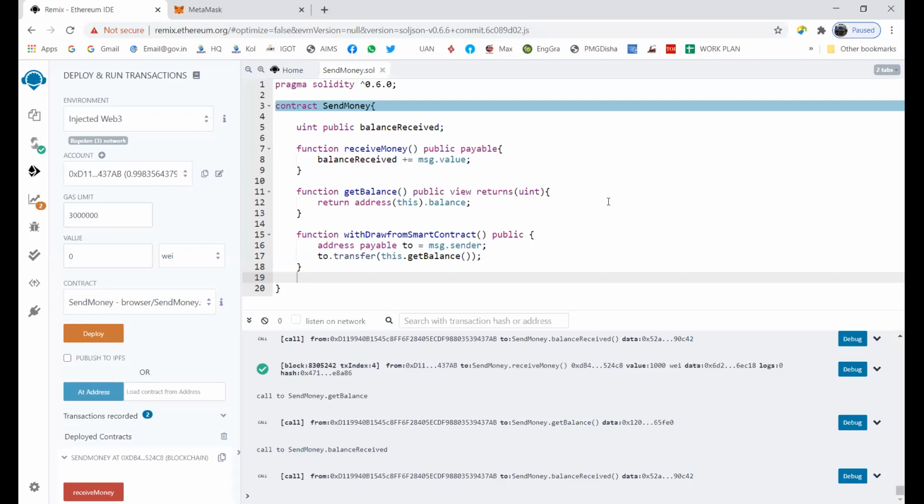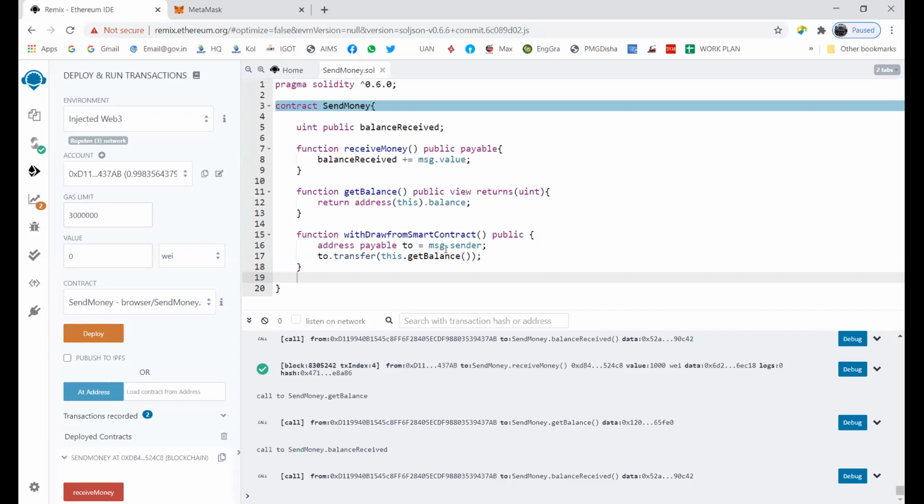So we are in Remix again. This is my previous code. I have updated the same smart contract and I have typed the method for withdrawal. I've given it the name withdraw from smart contract to be specific. I've declared it public and I have taken a variable to, which is of type address payable.